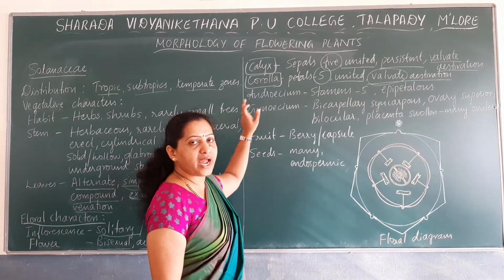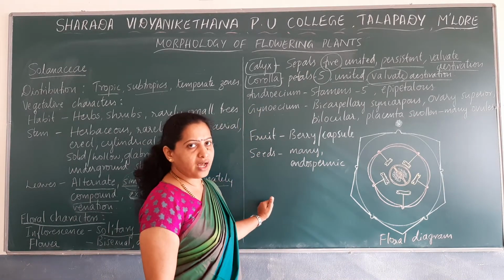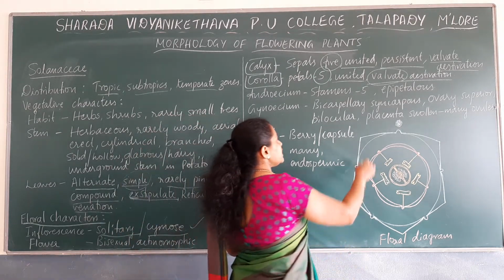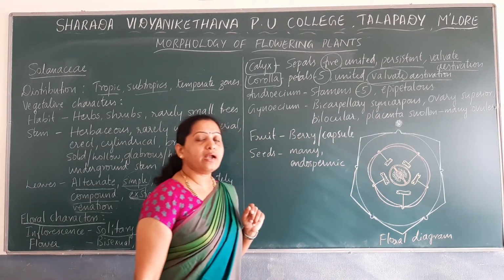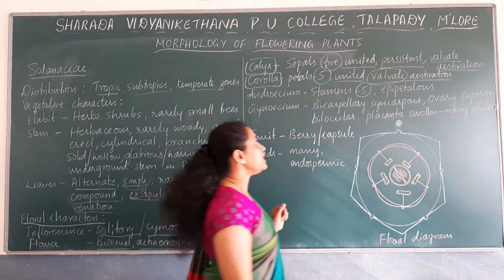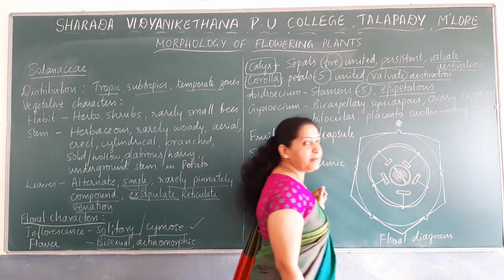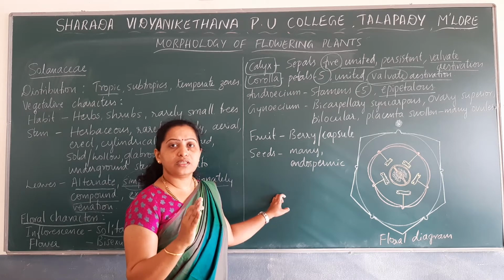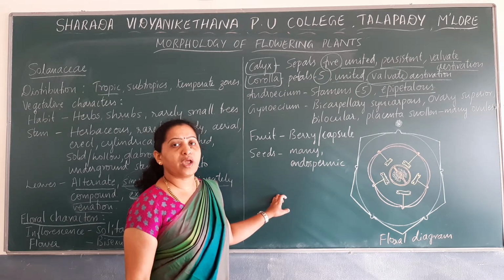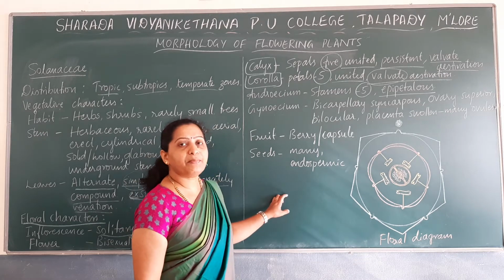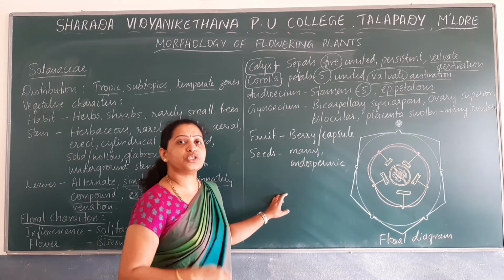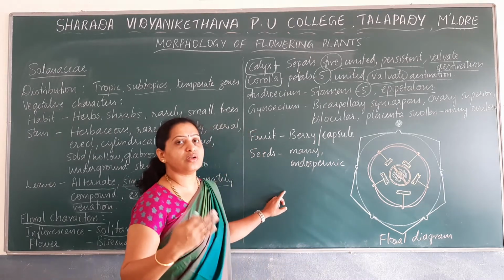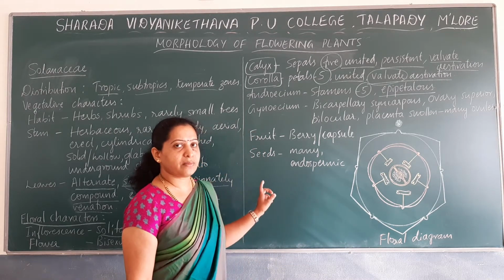Then androecium. Androecium is the third whorl of a flower, which has units known as stamens. The number of stamens present is 5, and the stamens are usually epipetalous. What do you mean by the term epipetalous? You have to remember the terminologies while describing flowering plants in a technical, scientific way. Epipetalous means stamens are attached to the petals. Just recall the terminologies that we have discussed in this chapter earlier.